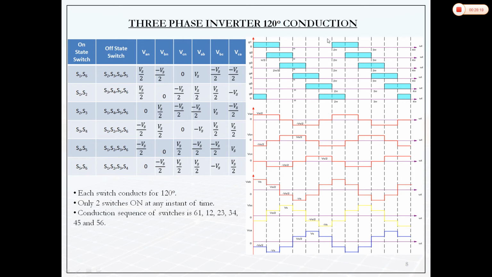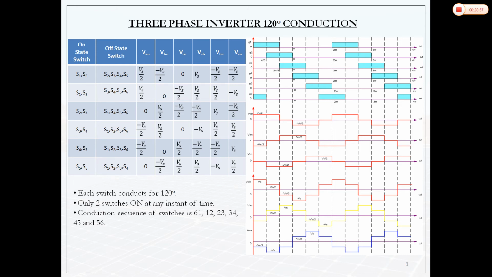off. So 4 columns will be off. One column is for 60 degrees. Then the next switching cycle will start from 2 pi and it will complete. So from here to here it will be one cycle. G2 is again shifted from G1 by 60 degrees, G3 is shifted from G2 by 60 degrees, G4 is shifted from G3 by 60 degrees. So each switch is turned on for a 120 degree interval and turned off for a 240 degree interval. That will complete 360 degrees.